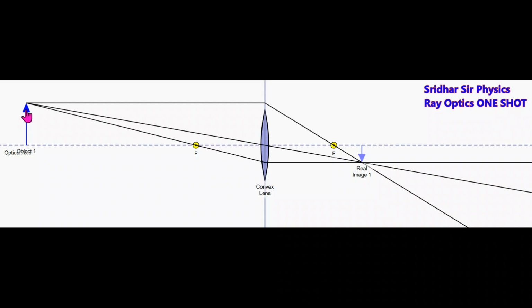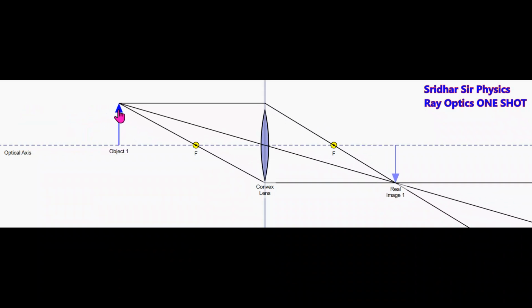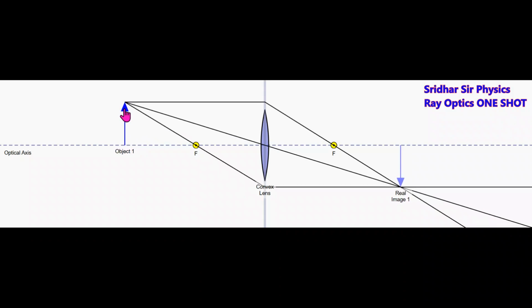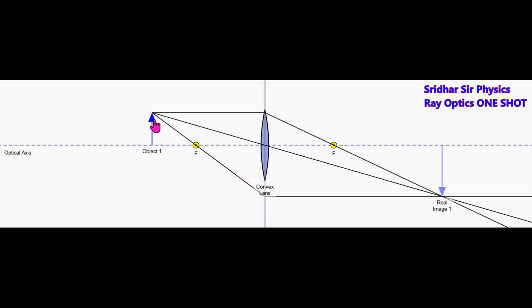Object beyond 2f, the image will be between f and 2f. Then as I move this object, the image will also move. At one particular point, if object is at 2f, the image will be at 2f, real, inverted and same size. Then if object is between f and 2f, you can see the height of object and the height of the image. Height of the image is more. If the object is between f and 2f, the image will be beyond 2f,